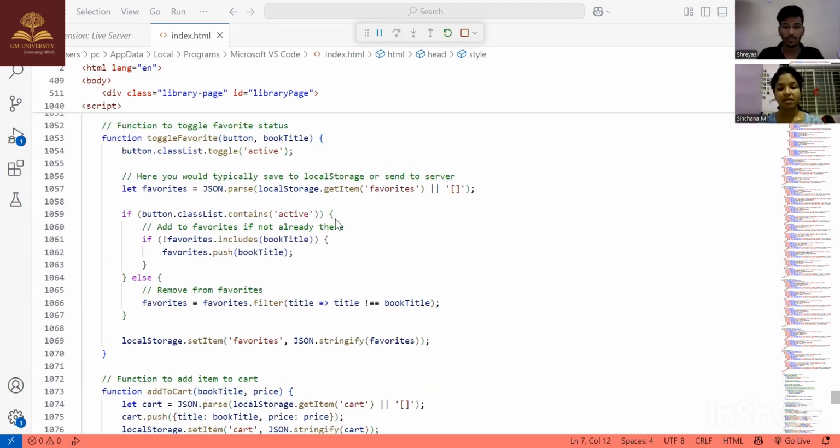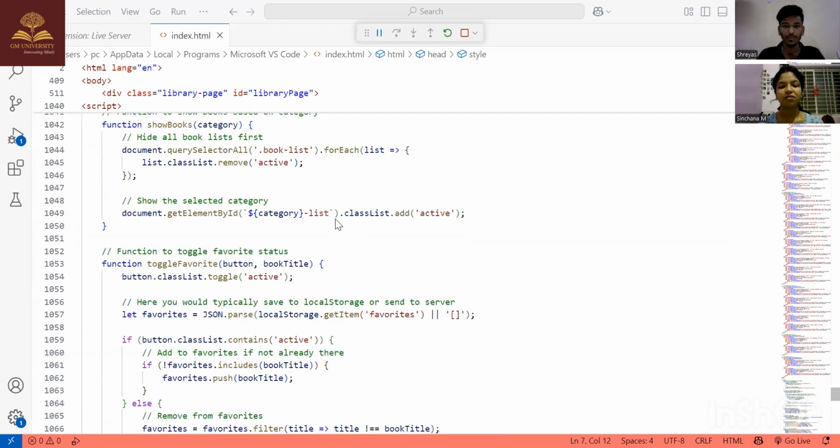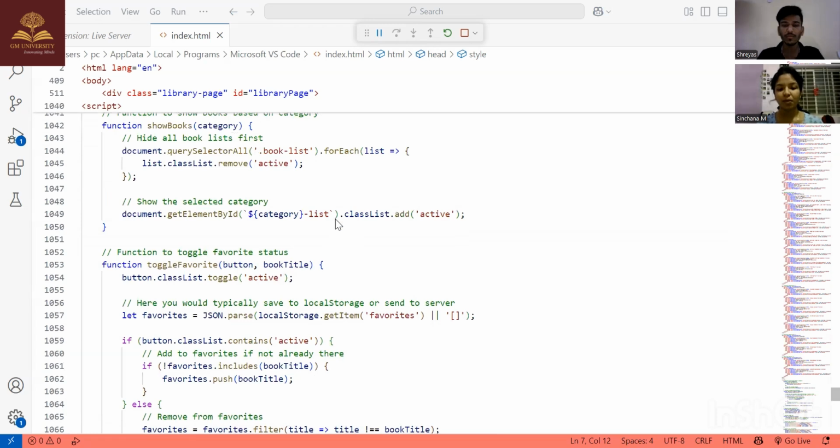So this is the source code for our bookstore web app project, which is developed using HTML, CSS, and JavaScript. It forms the foundation of all the features we will be demonstrating, including the profile creation, a categorized books library, favorites, and a cart functionality, all with a clean and responsive user interface.